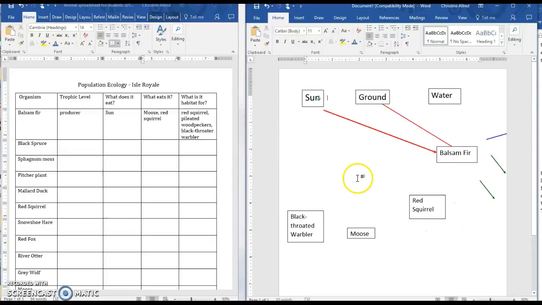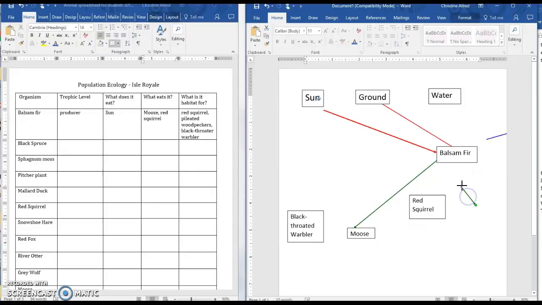So our next relationship that we're going to look at is between the balsam fir and the moose. So the moose eats the balsam fir, which means that energy is going from the balsam fir to the moose. Once again, it's super important that you have your arrows pointed in the right direction because it's showing the direction of energy flow. The red squirrel also eats the balsam fir, and so we're going to connect it with a